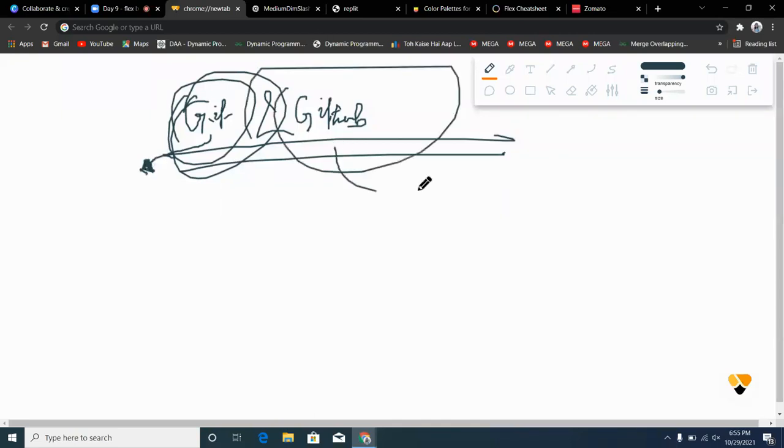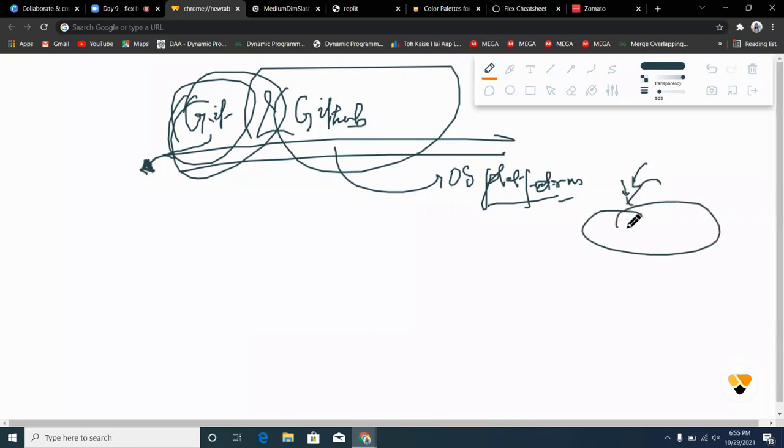And what is GitHub? GitHub is basically an open source platform which provides flexibility for all the organizations, for all the people, for all the developers on the internet to come onto a common platform and then contribute to a code for its upliftment, or for bringing up new versions of that particular code or project. What is open source? Open source is basically whatever is free. Anything that is free is basically open source.